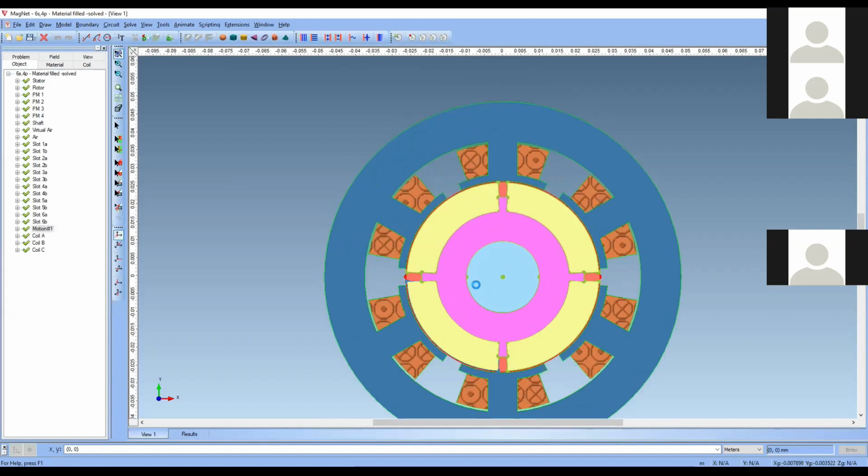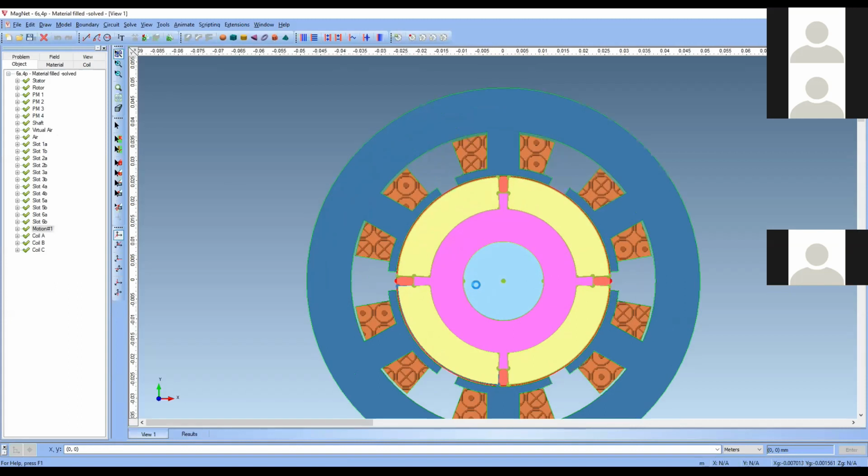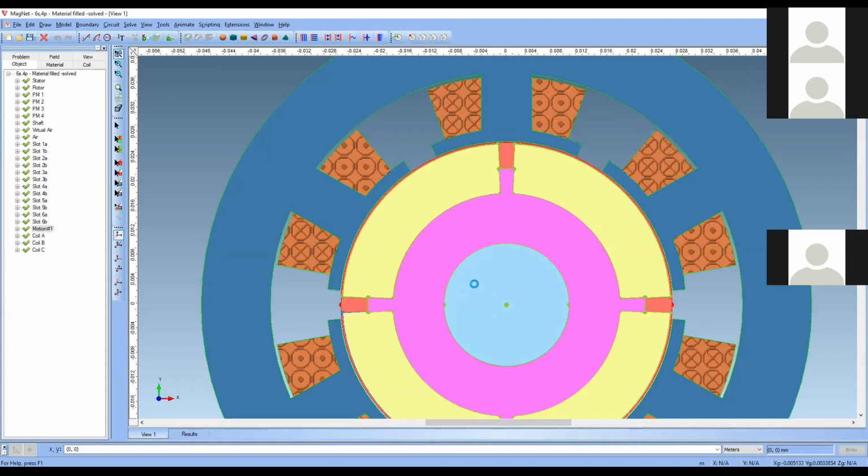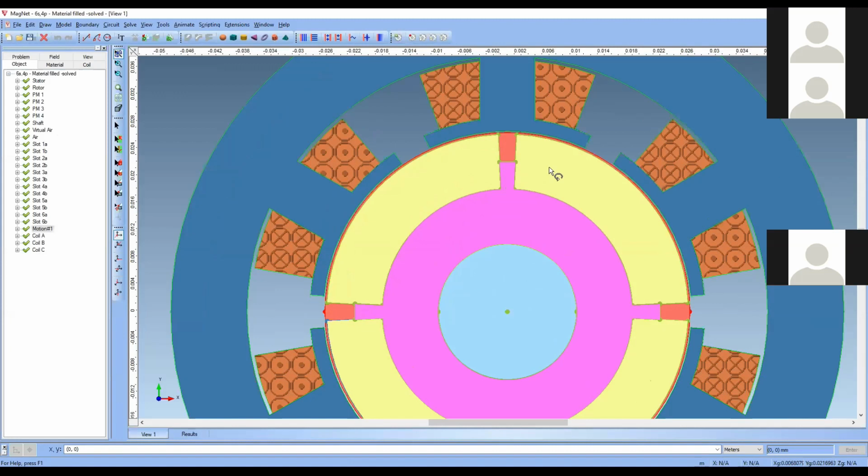Here I have drawn one line between the air gap, and my motion component includes this air and not this air. So this air portion will be considered for the stator and this air portion for the rotor.